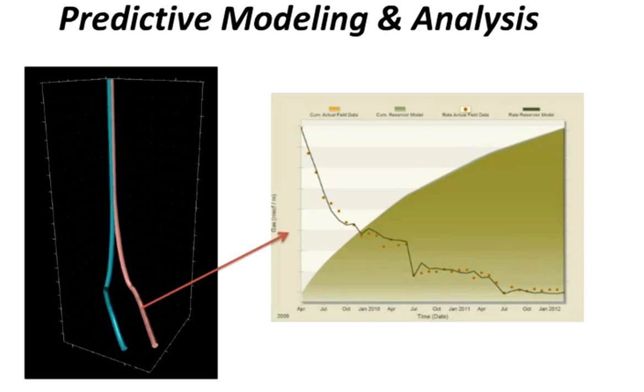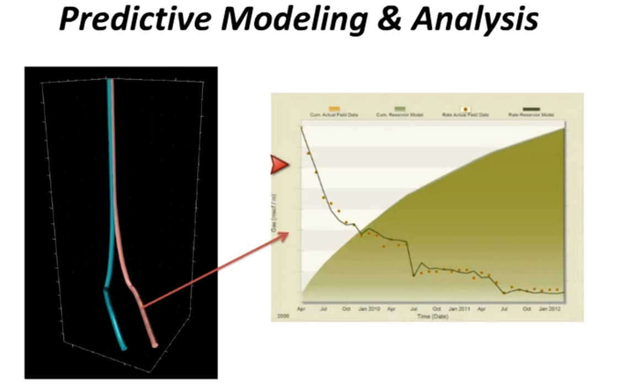asset. For example, here for this pad that has two laterals, you will see on the x-axis the time, on the y-axis on the left you will see the gas MSCF per month, and the dots are actual rates from the field, and the line is what we call the top-down model, which is a reservoir modeling, reservoir management technology, a workflow developed specifically for mature assets, or the assets where they have a lot of data, and it